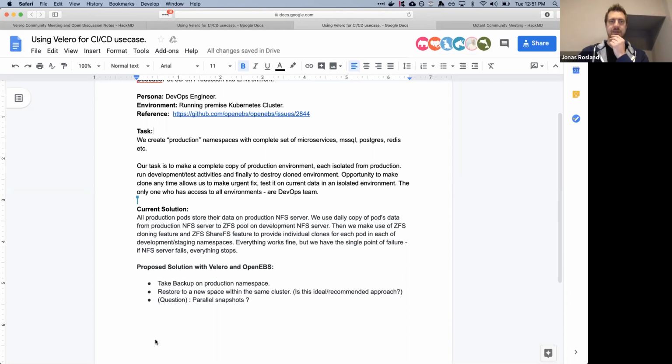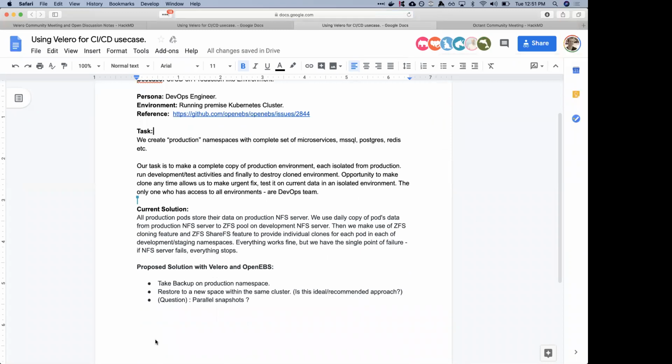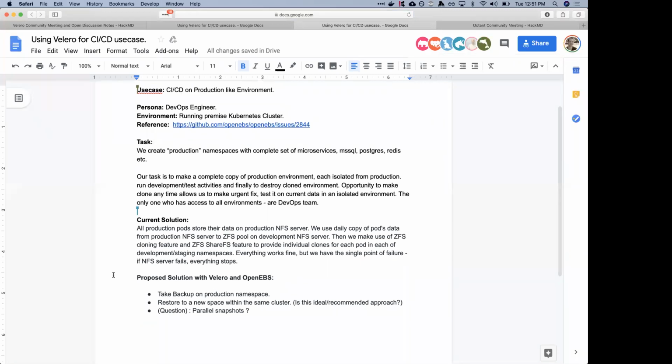I think if you want to talk about what you're seeing here, that'd be good. Yeah. So the user has this environment that's running on premise, and it basically has different namespaces created.